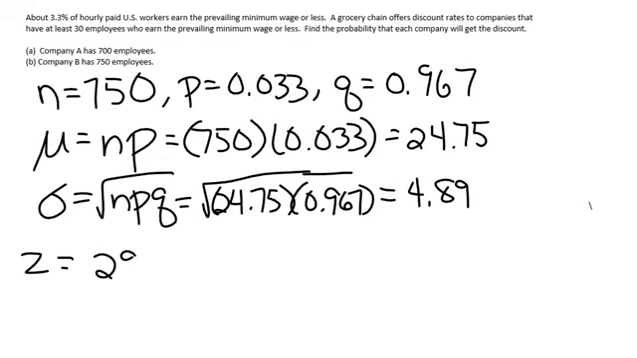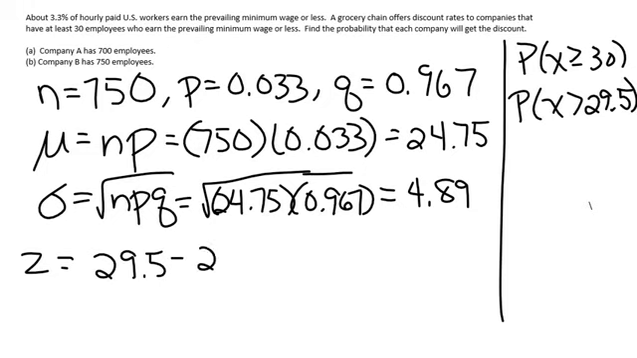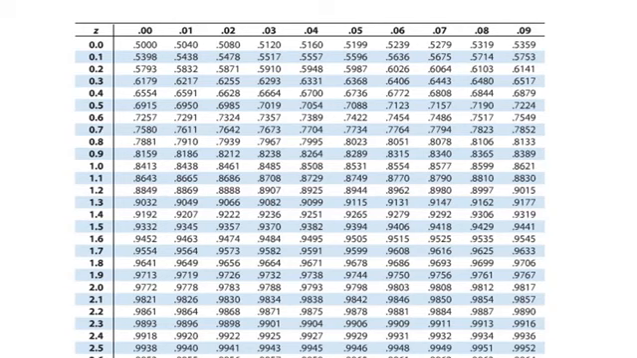Z is equal to 29.5. Again, just to verify, we're still looking for P is bigger than or equal to 30. And again, using that continuity correction, we would still use X is bigger than 29.5. Minus 24.75 all over 4.89. This is approximately equal to 0.97, and I'm going to go again to the chart and look up the area for 0.97. Looking at my chart, I locate the 0.9 and the 7, and where these two intersect,